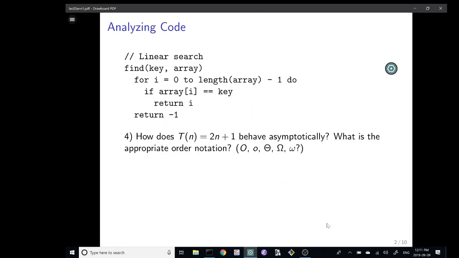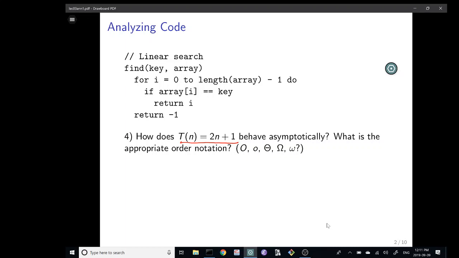Here's the code that we were talking about before, the linear search code, which had a running time T of n, which was 2n plus 1. And the last question that we didn't get to last time was, what is the appropriate order notation to use for describing this running time? We already proved last time that this is big O of n.